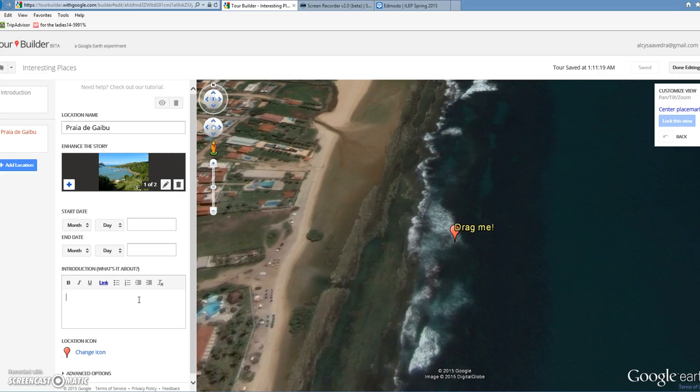your own text about the place. So I can say, for example, this is a wonderful beach. I said beach. Okay. This is a wonderful beach. Okay. And then when I finish, this is